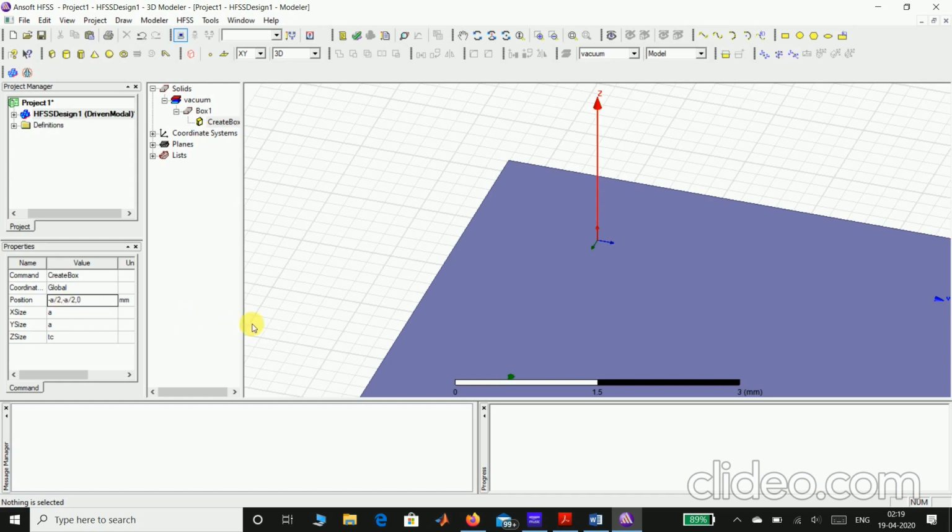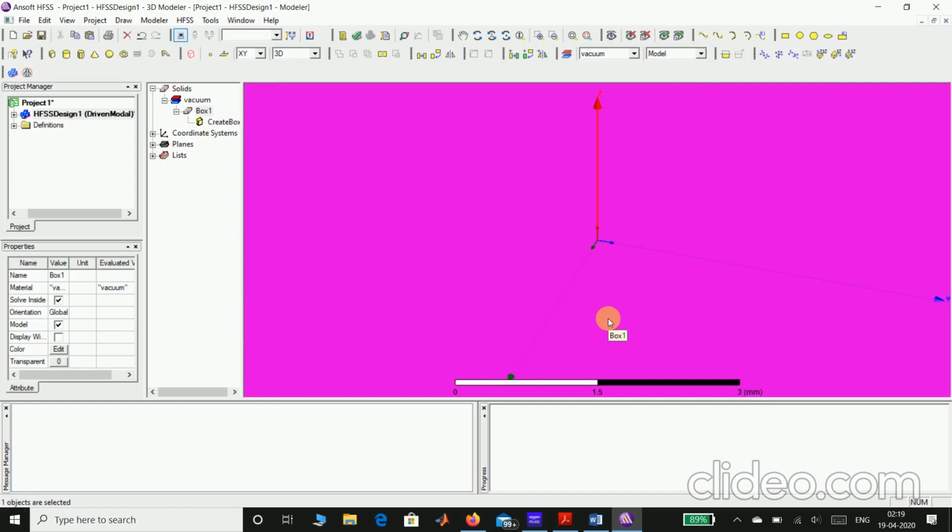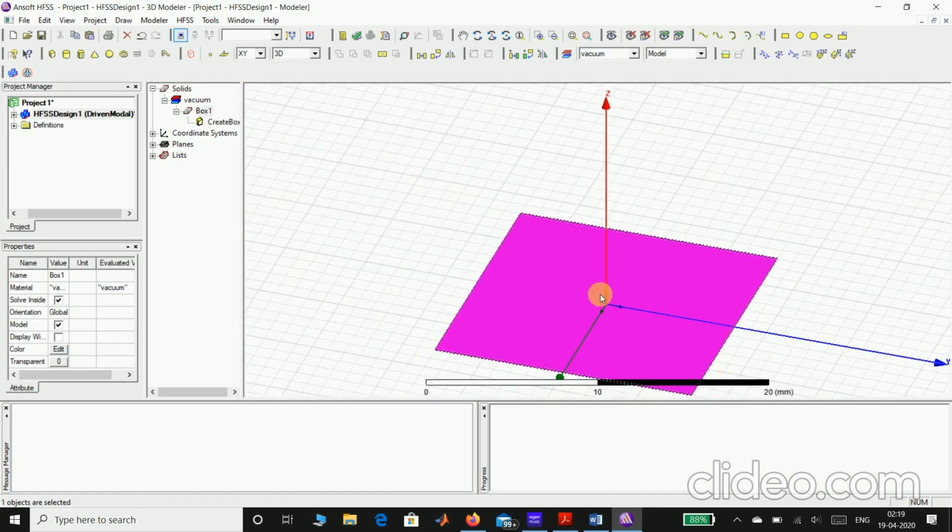I'll tell you why. I'm getting a symmetrical figure because we have to consider a single start point. So this point is 0 comma 0. This point should be minus A by 2 comma minus A by 2.